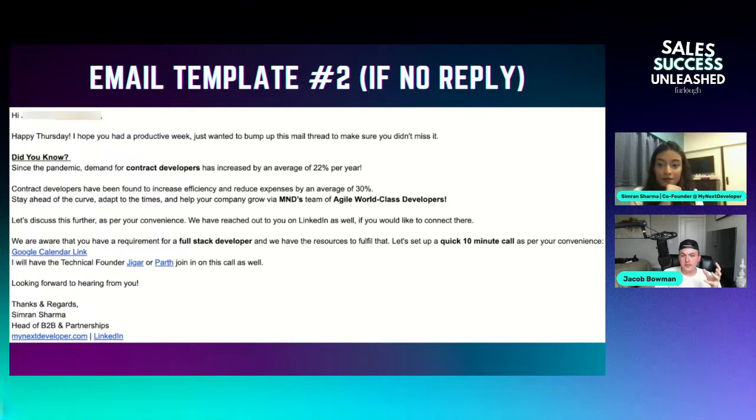Wouldn't do anything with the link. "Let's set up a quick 10-minute call as per your convenience." This is the thing that I have with trying to pitch someone a call, is that